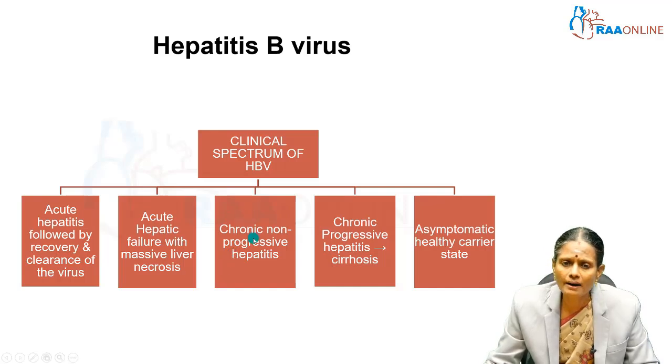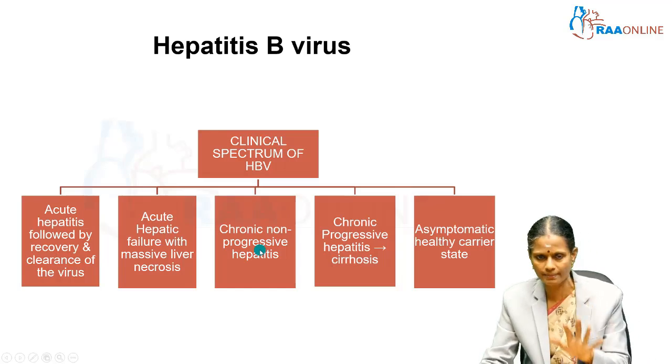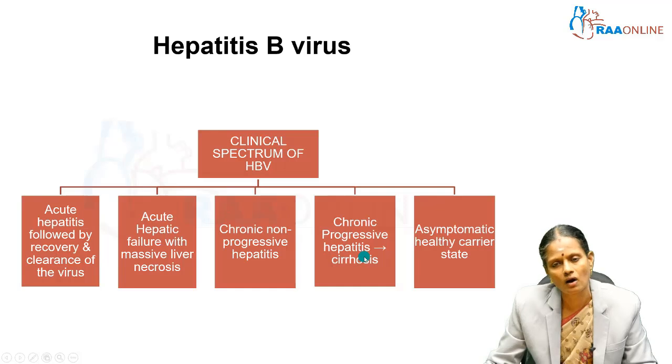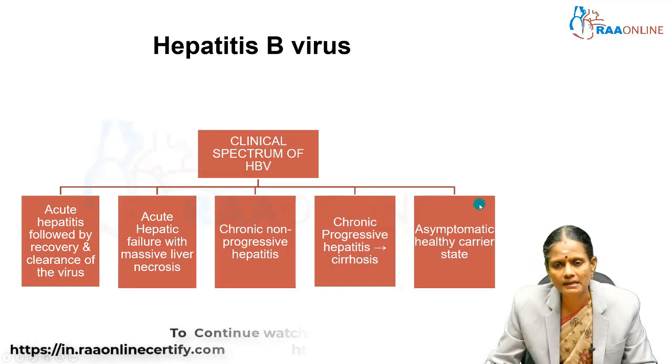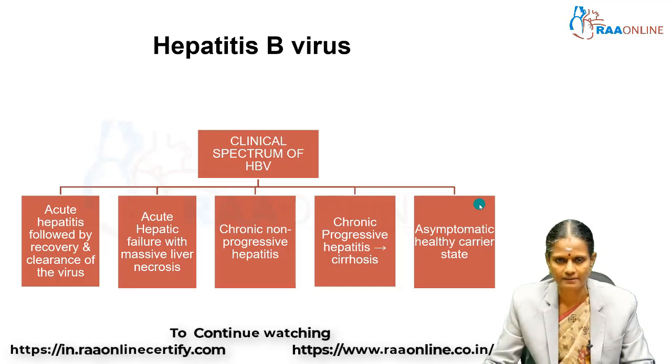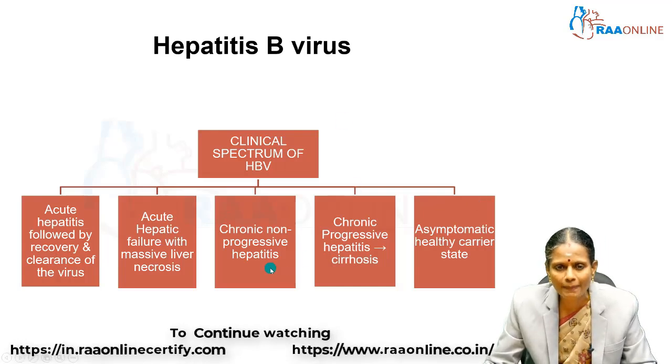Or it can produce chronic non-progressive hepatitis. It will be as such chronic hepatitis. Or it can produce chronic progressive hepatitis which can lead on to cirrhosis. Or it can be an asymptomatic healthy carrier state. So these are the clinical spectrum of